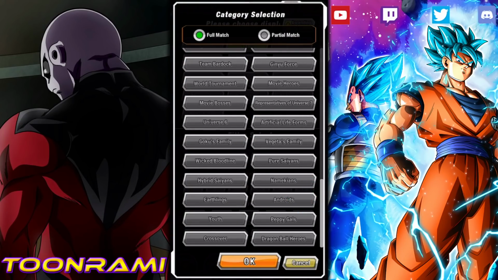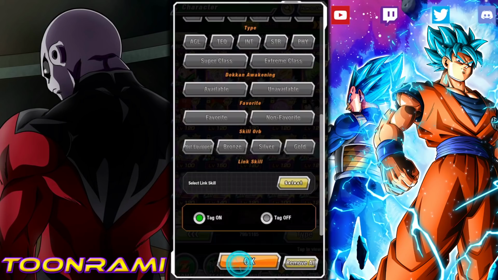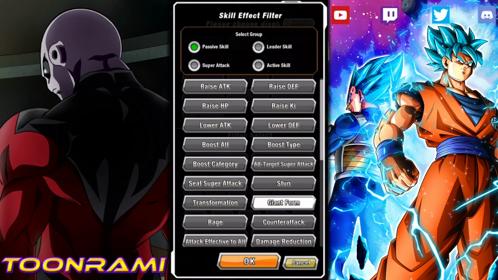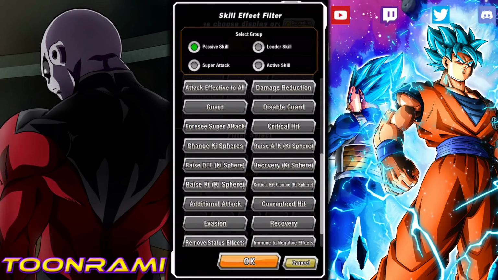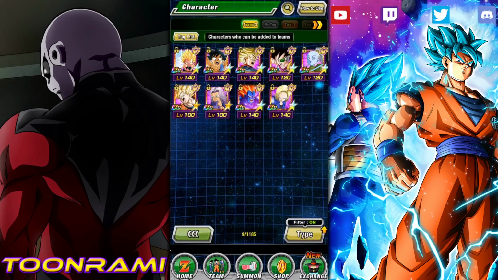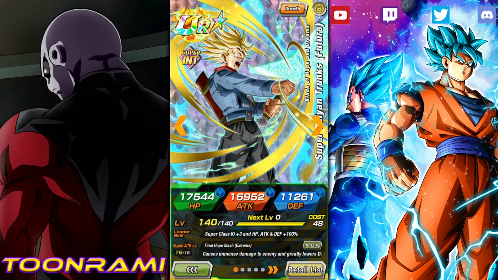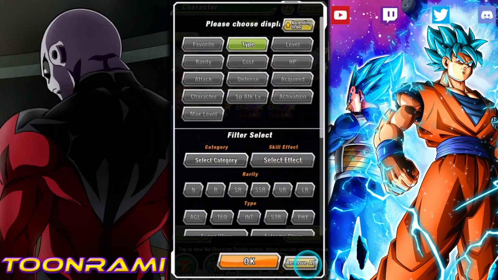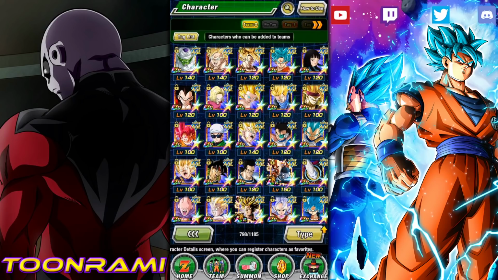Let me see if we can filter it out on the fly and get it. Link skill, no. Skill effect, okay. So passive ability, changing orbs, changing key spheres, okay. So if we go to Int type, these are the ones that can change. Would it work with this guy? Does he change to Int? I can't remember. Anyway, the point is, Gogeta is now relevant, much better,